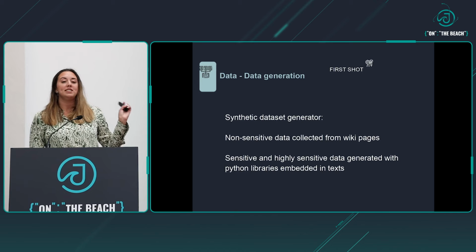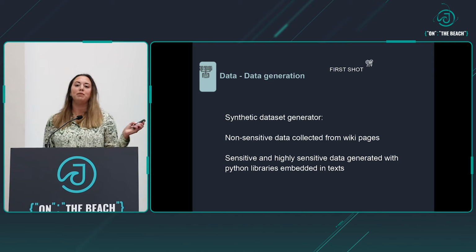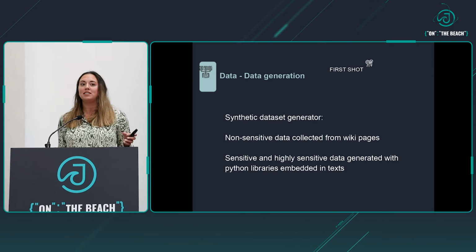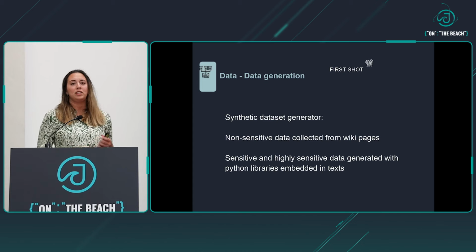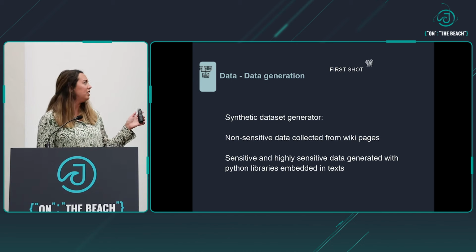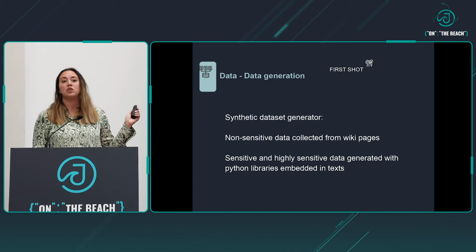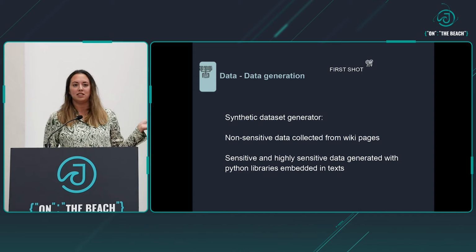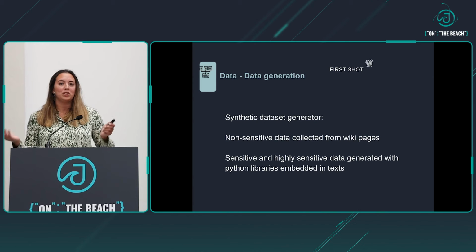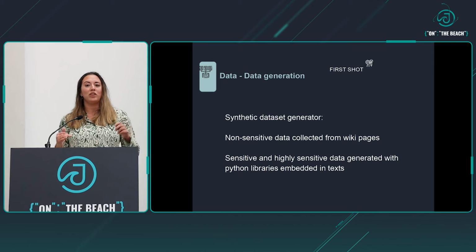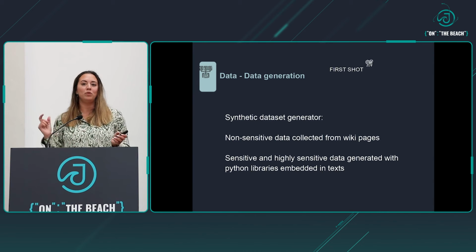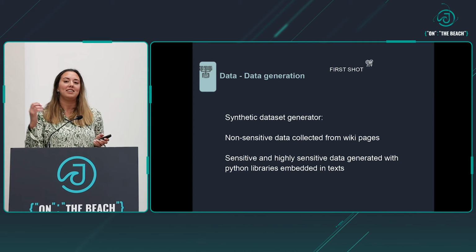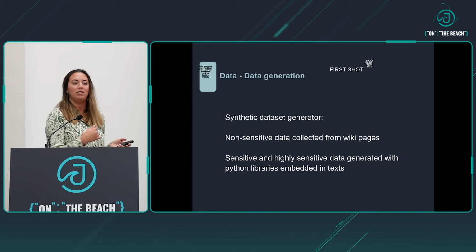And for sensitive and highly sensitive data, we had our team help us generate sentences, and we would embed with a library named Faker all these different types of passports, names, countries, anything. And that was going to give us our synthetic dataset. The good thing about this approach was that we were able to know the location or where we were going to embed these texts, and we could then easily label and classify this data for downstream